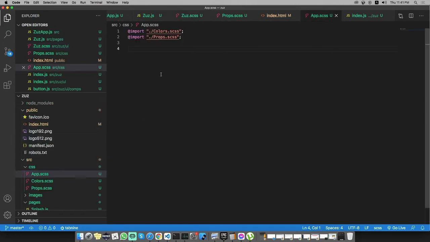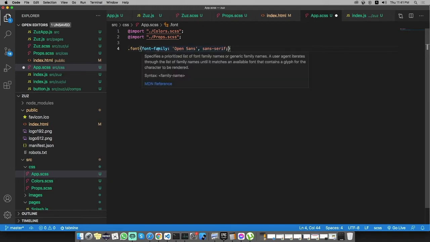And for the dot font, it means we are actually using the font family from our Open Sans hosted by